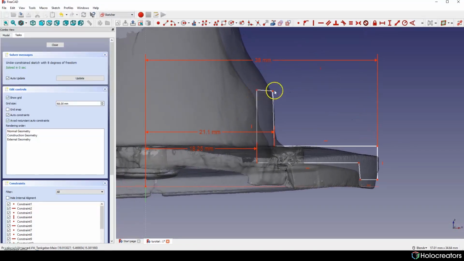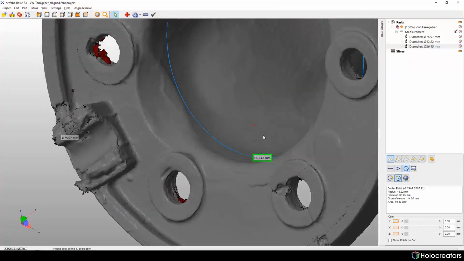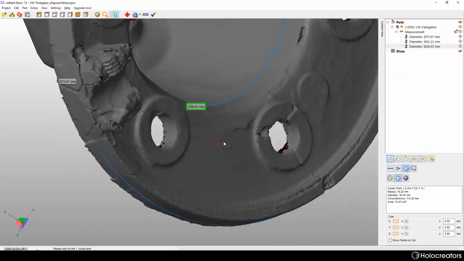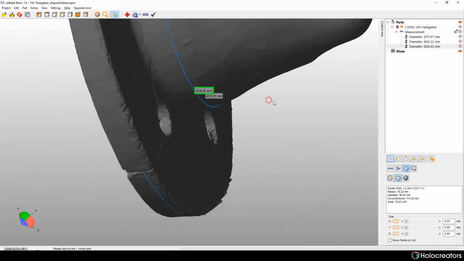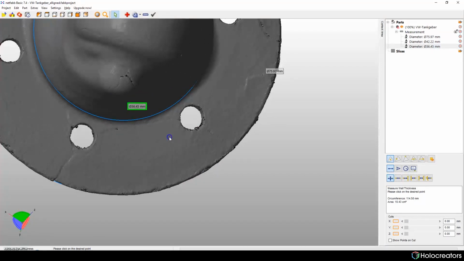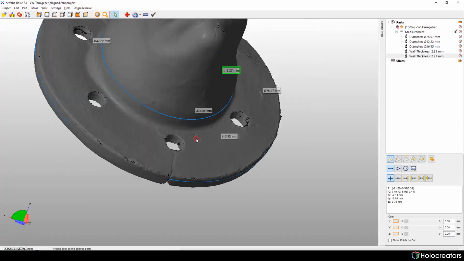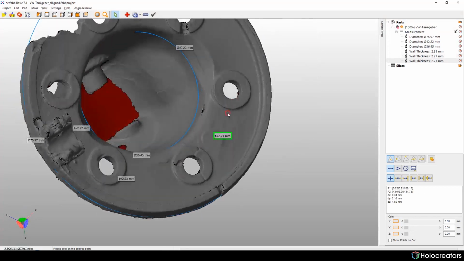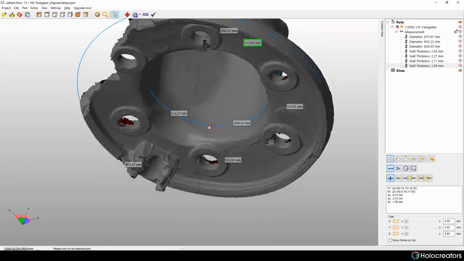Also, we will need measurement here. It's gonna be our thickness of the flange and walls for other parts. To measure it, I'm gonna use this tool, the wall thickness tool. You have to just press in couple places to get an idea what the thickness of this part gonna be.